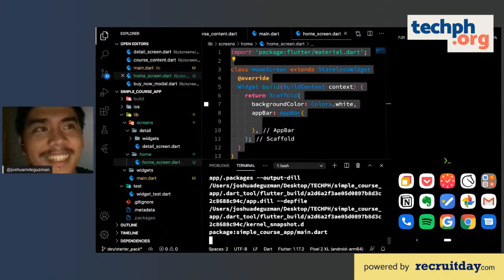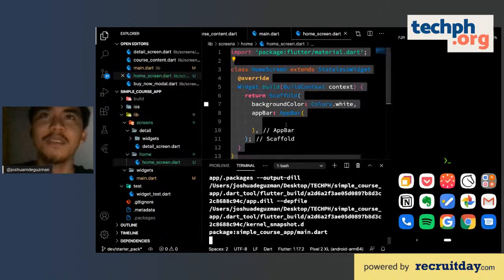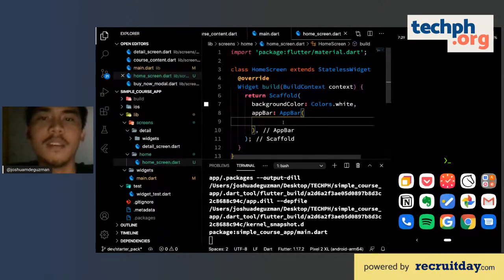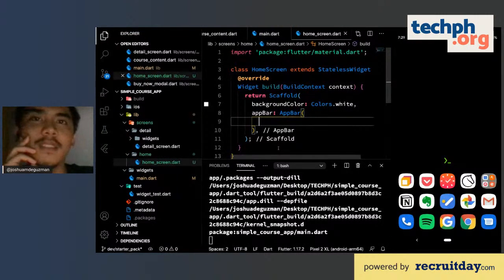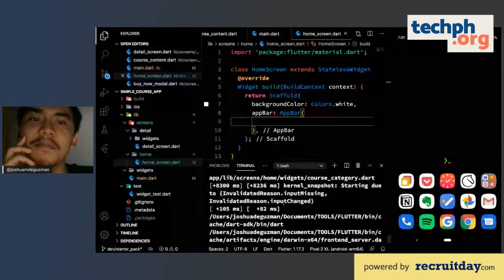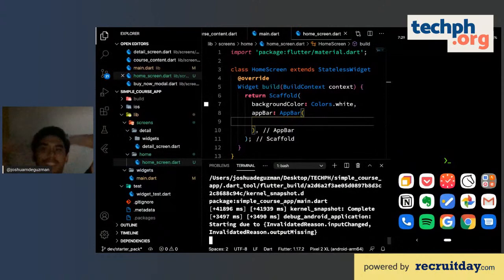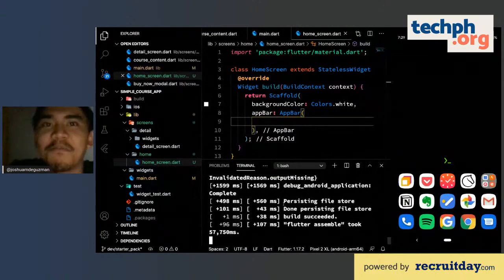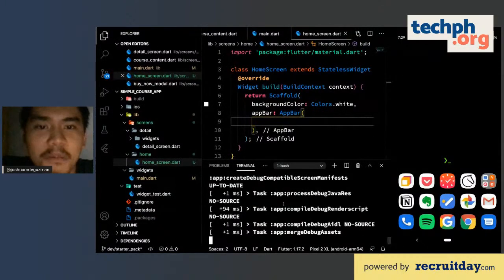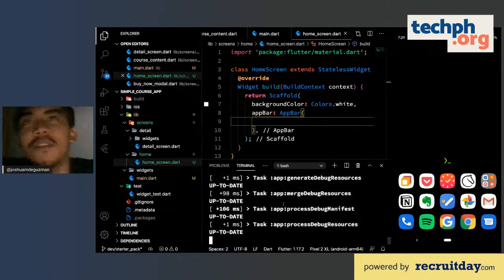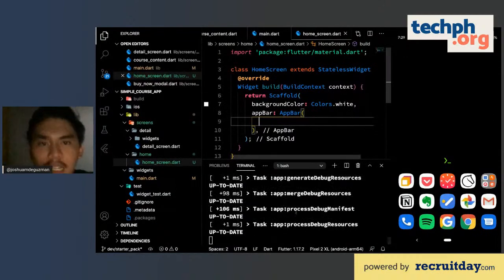And we're still building the app. Okay. So it's still building. It's outputting Flutter assemble. We're almost there. Again, we're still in the app bar part.